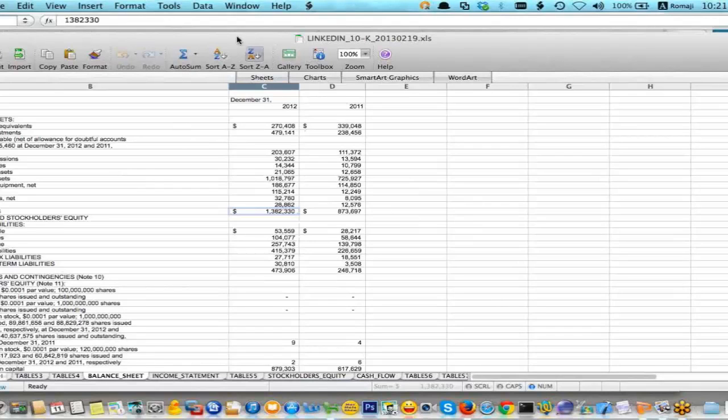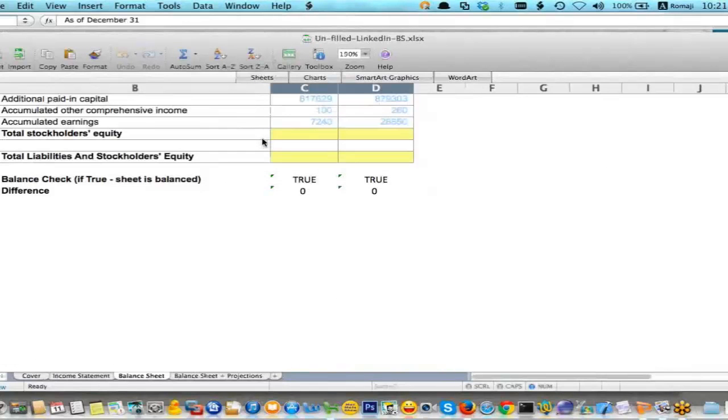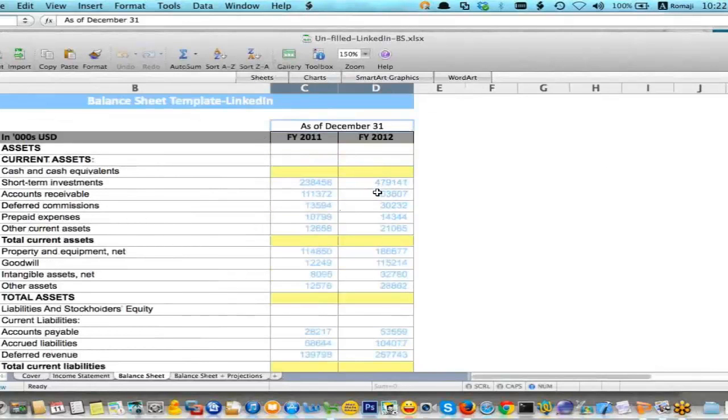So let's now move back into the unfilled balance sheet that I was showing you before. I've copied across the raw data here just to save time. It's the same data. If you were to look at them, you'd see for short-term investments for 2011 it was 238,456, or 238 million basically, because it's in thousands of US dollars. In order to avoid just copying across and formatting, all I've done is taken those values and made them blue. The reason I've made them blue is just my personal preference, so I know what's copied and what's